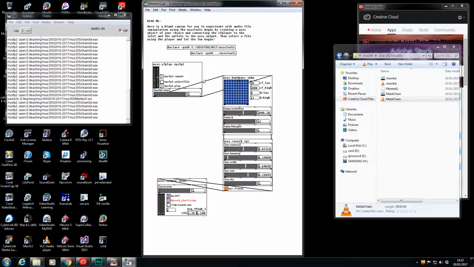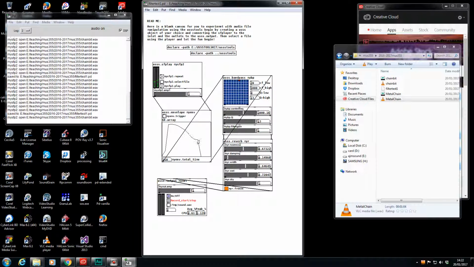So our only problem here is we haven't got an envelope. It's just repeating all the time. So if we put an envelope in, finally, USSS.envelope, my env, get rid of the input, put that into the envelope, put that into the bandpass, draw an envelope. For this you have to move the mouse to the bottom of the screen here and draw an envelope shape,